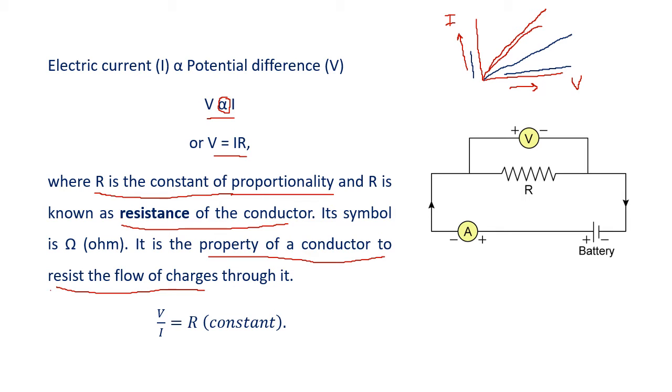Now I take a substance with lesser resistance and I apply the same voltage. When I apply the voltage, the current is increasing. Can you see? So here what has happened, I have increased the voltage very little, but the current has increased too much. So you can see now the material in green has low resistance, red has medium resistance, and blue has a very high resistance. But they all are proportional.